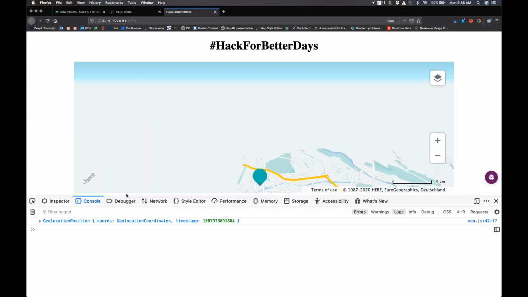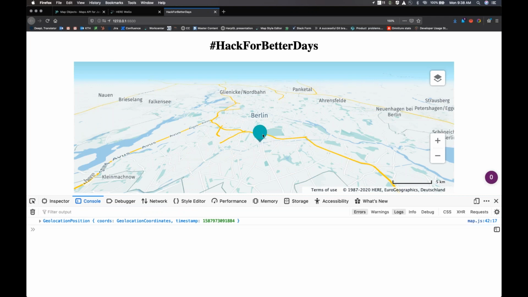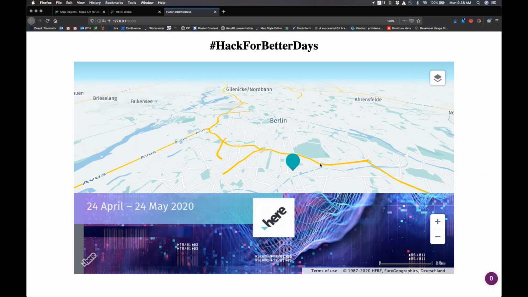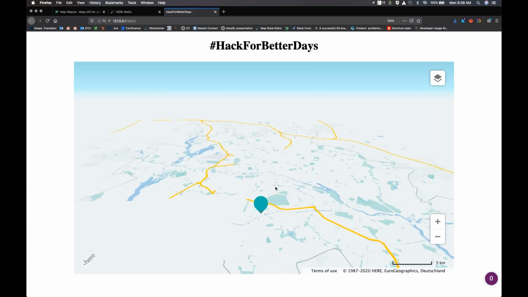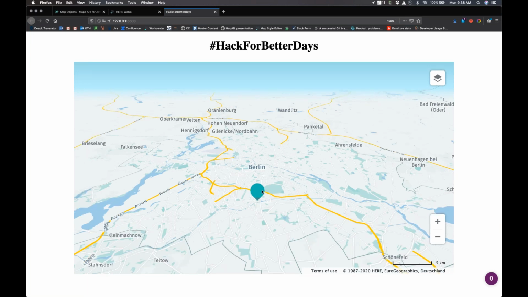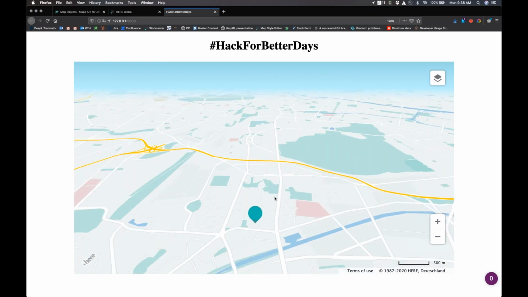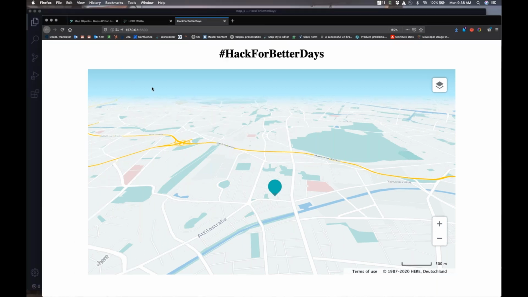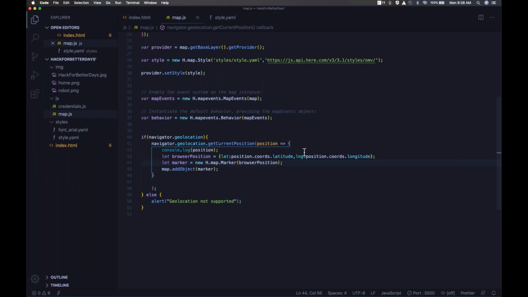And now once you have that, oh, I think H dot map dot marker. So here you go. You can see that there is a nice little marker on top of the location that is my current location. And as you can see, the default marker is a teal marker. You can obviously change the logos. You can have an image as a logo. You can have an SVG as a logo. I'm going to show you quickly how to have an image as a logo. So what we're going to use is the property icon. And let's say position icon,